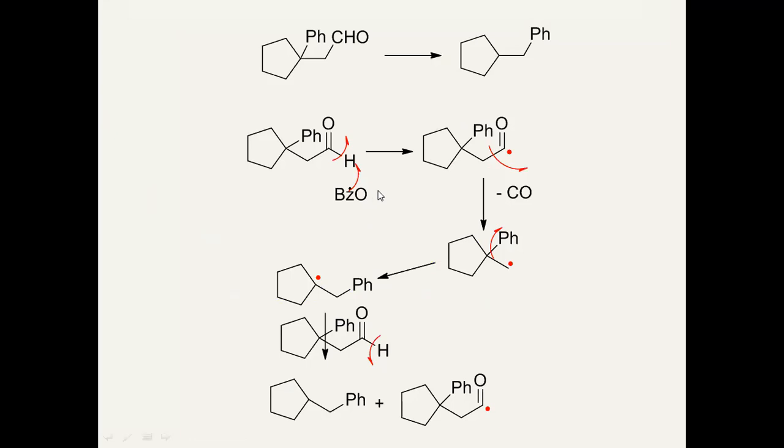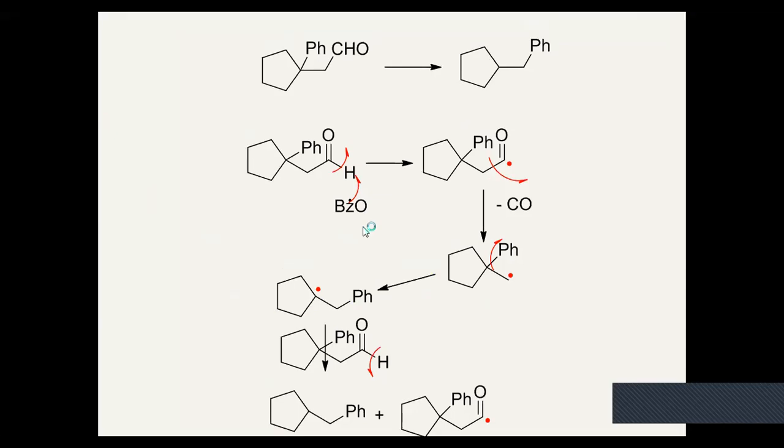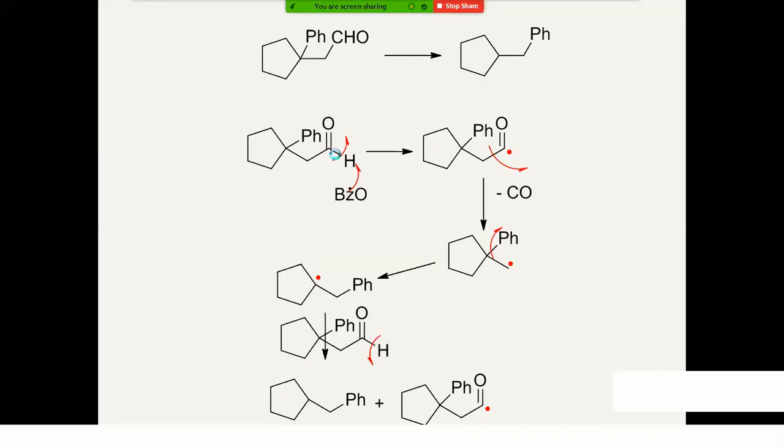This initiator, benzoyl peroxide, forms the benzoyl radical, which abstracts the proton from, or not proton, we can say, which brings out the free radical cleavage in this carbonyl,